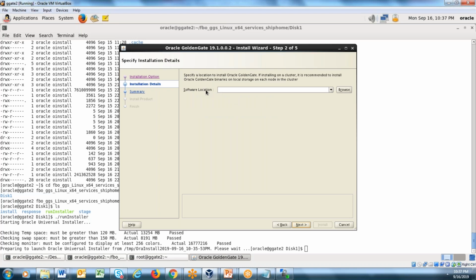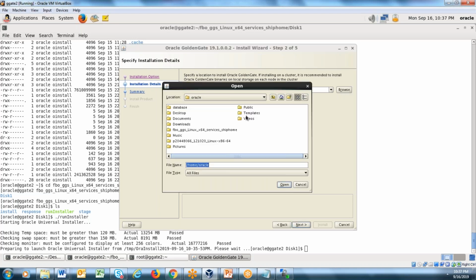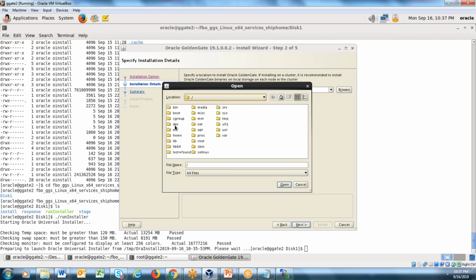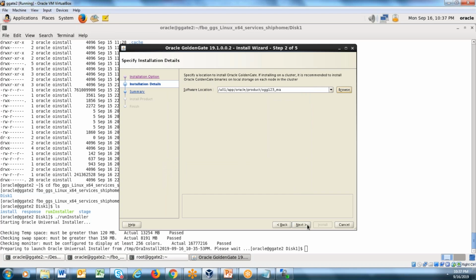Now it is asking for software location. Basically here we have to provide a microservices home. So the microservices home is /u01/app/oracle/product/OGG123_MA. This will be the software location where my microservices will be installed. Click on next,